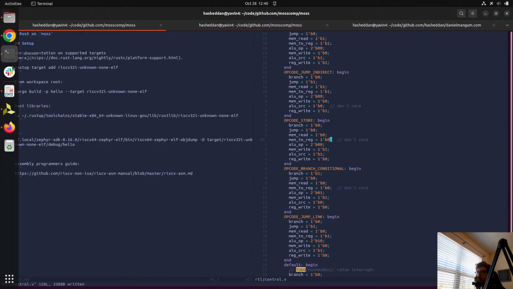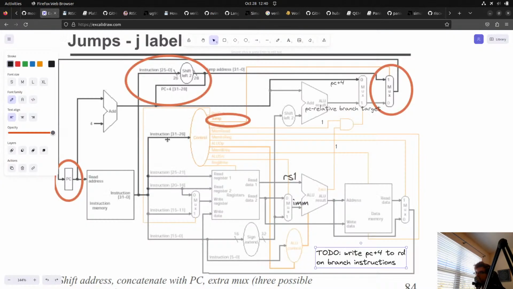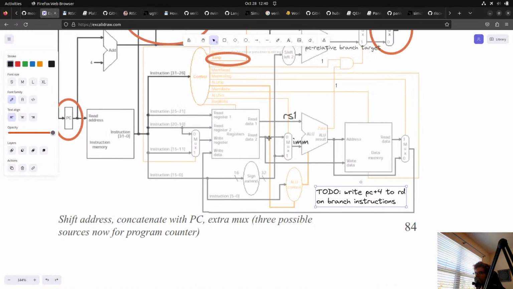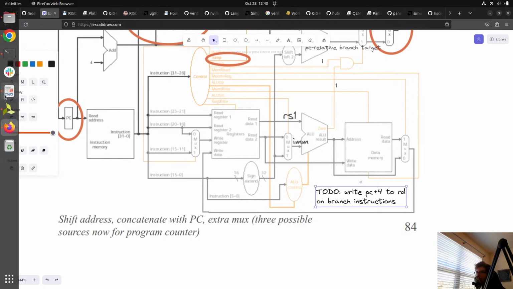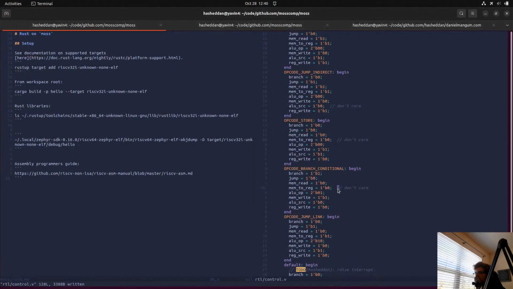Let me pull that open again. So our mem to reg is, oh yeah, if reg write is 0, then we pretty much never care, I guess, on mem to reg.